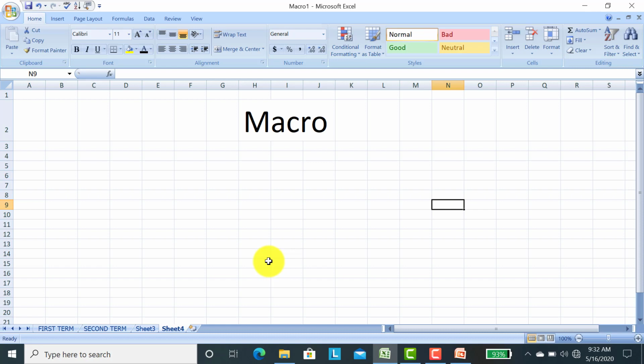Macro records all our work, like if we do the formatting in Excel, if we apply any formula in Excel, then macro records all our steps. What is the benefit to create a macro? If we have to do the same work again and again, then we will only run the already recorded macro. Macro works in the same worksheet or in a different worksheet also. Macro is a very useful feature of Excel because it helps in saving a lot of time.